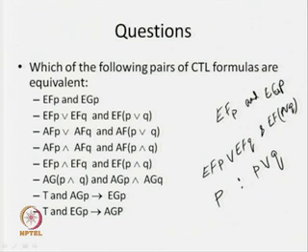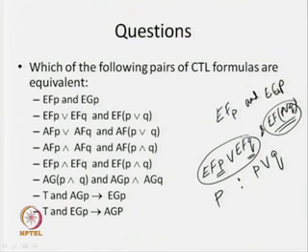So, if P is true, I am going to say that P or Q is true. That means, if there exists a path in the future where P is true, necessarily I am going to get that there exists a path in the future where P or Q is true. Similarly, if there exists a path in the future where Q is true, then I am going to get a path where P or Q is true, because if Q is true, then P or Q is also true. But if there does not exist any path where P is true or Q is true, that is, P is false and Q is false, then P or Q is also false. You just see that if this particular part is true in any state, then this part is also true. If this is false, then this one is also false. So, in that case, I can say that these two formulas are equivalent.